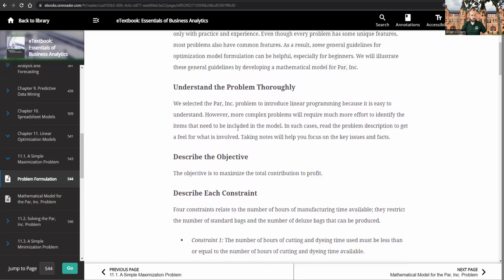So what we do is we need to write out a few things. One of those things is what our objective is. Our objective, known as the objective function in linear programming, is to maximize this very explicit thing that we're trying to maximize, or minimize this thing, right? So in this case, the objective is to maximize the total contribution to profit, okay? Maximize total profit subject to the amount of profit contribution for each one of the items that we're making. And so what we're going to be doing in this problem set is part of it is going to be writing out the formulas, writing the formulation of these things, describing the objective function, describing each of the various constraints,